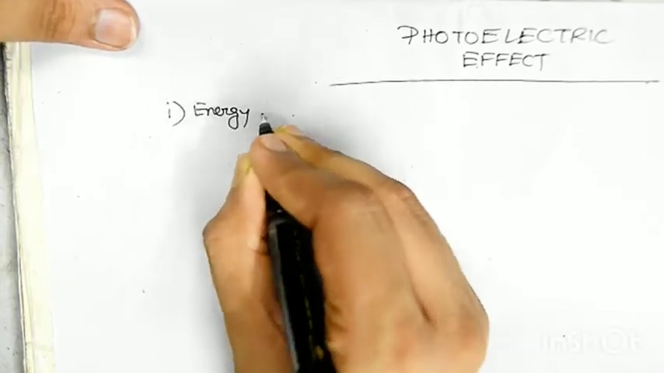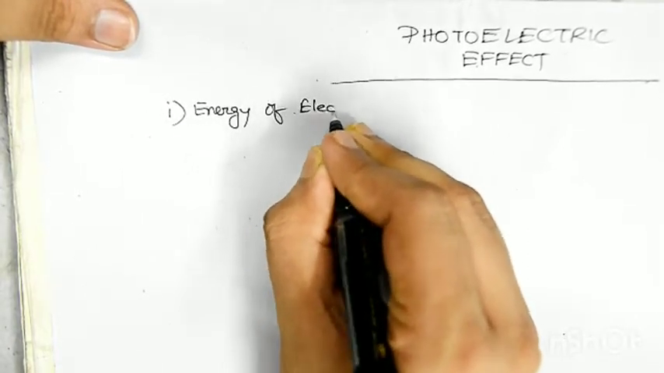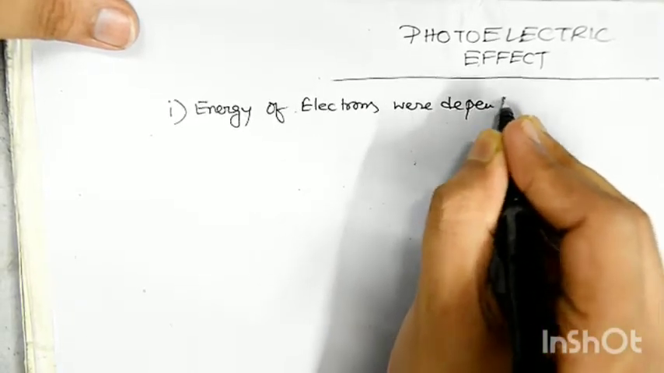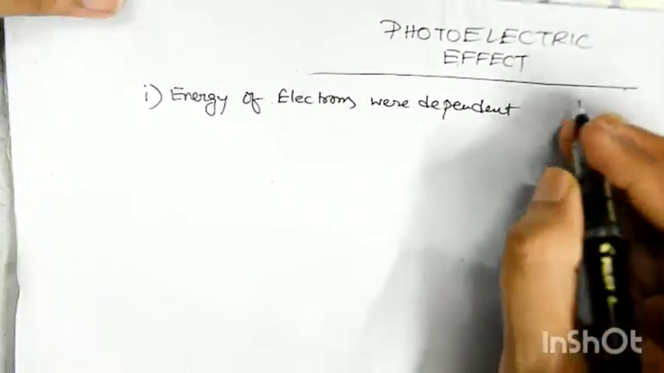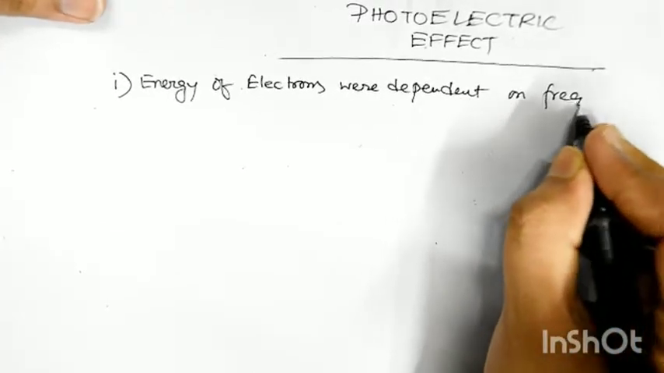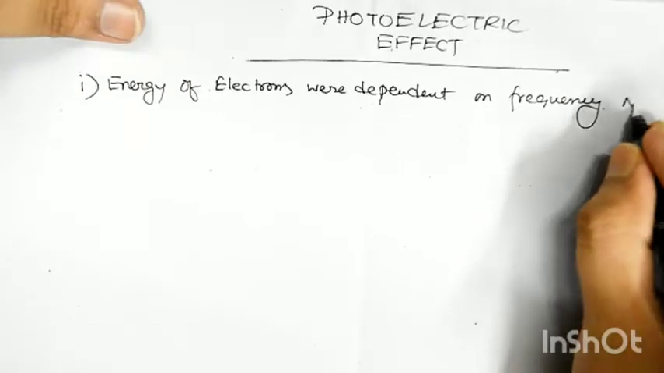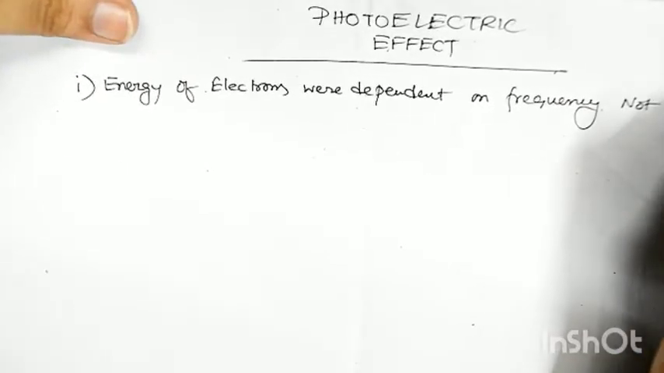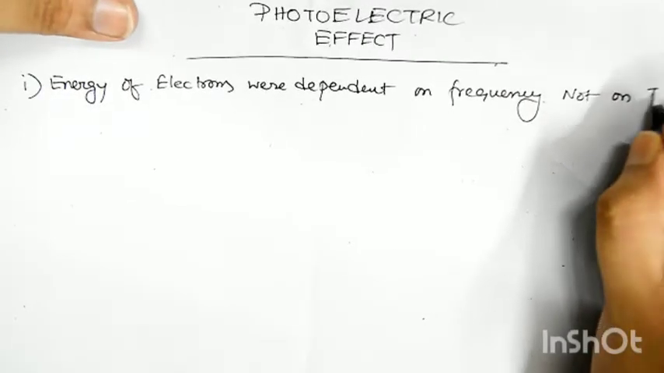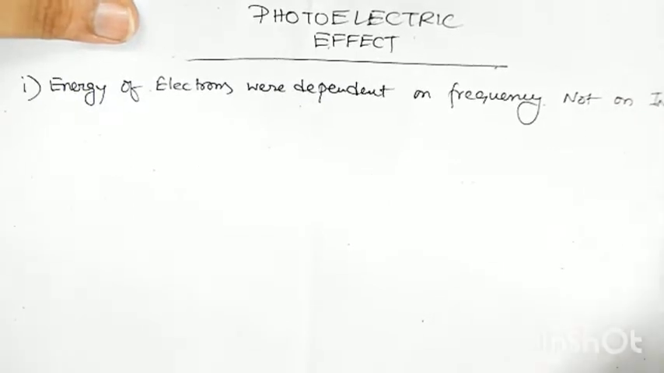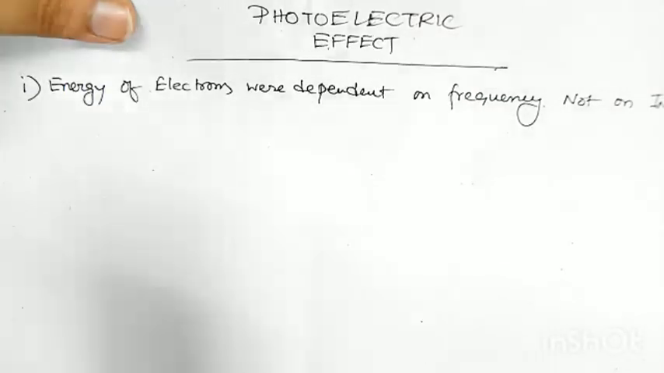energy of electrons was dependent on frequency, not on intensity. Clear? Second thing we got that